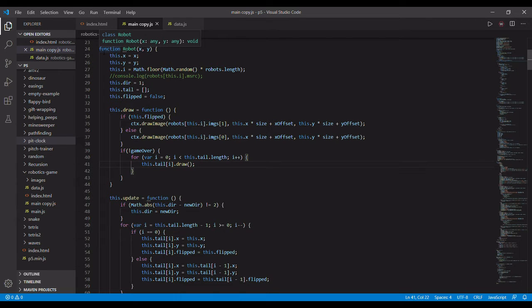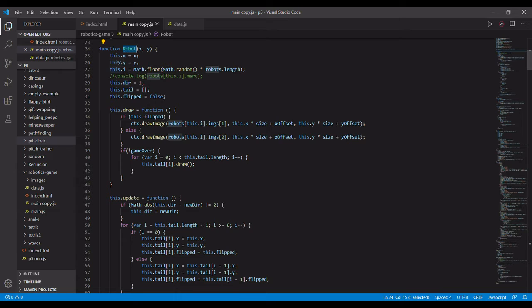What we can do is define a custom object. In this case, I call it robot, and this object allows us to basically control all of the activities of this object. So in this case, for the robot, we have an X position, a Y position, and then an index. And so this index selects a random image from a list of images that I have of all of the different robots in the game. And so when we actually start the game up, it's going to pick a random image from that list,